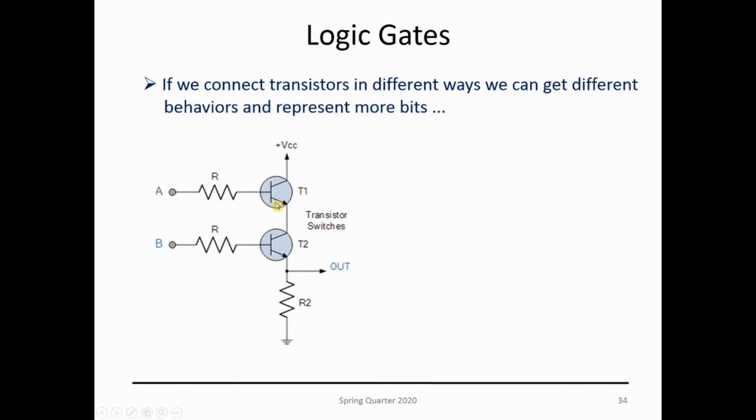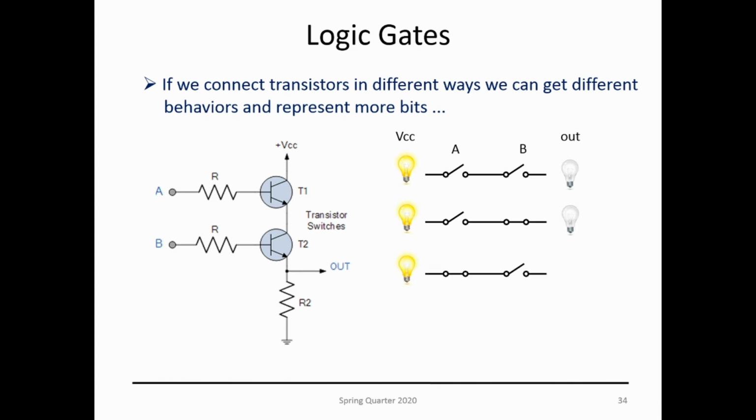If I connect 2 transistors this way, and now I have the power of turning on and off these transistors over here, I can build kind of a table here. If both switches are open, my output is 0. Then if I close one, I still have 0. If I switch, I still have 0. But if I connect both of them, so if I have a voltage going on A and B, these 2 transistors are going to be saturated, closed, and this voltage is going to show up on the output,